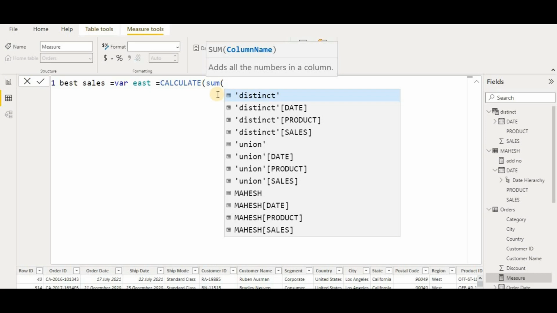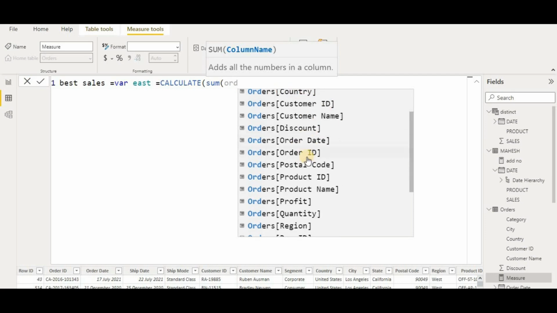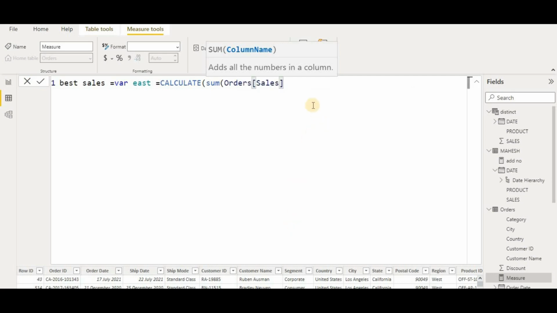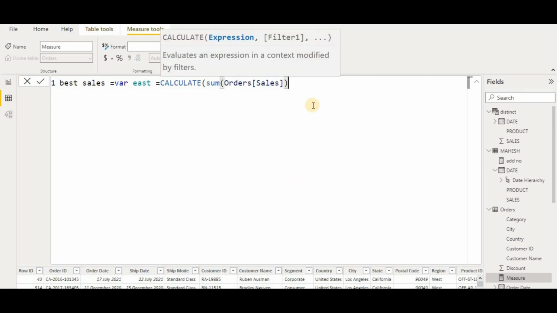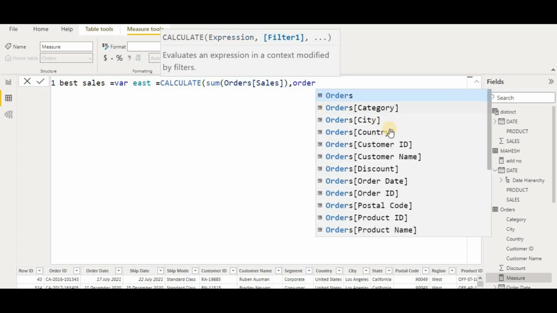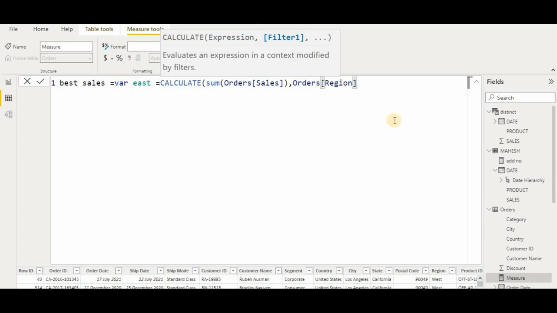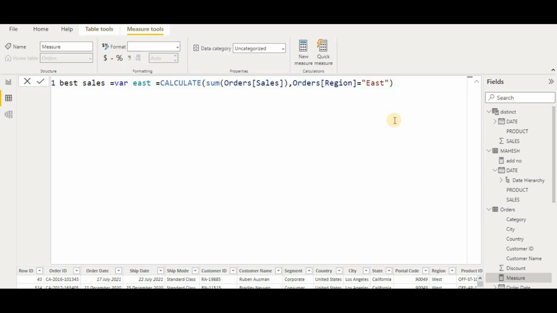I give the name of my table column, like one of these is your total sales here. So I will just find order sales here. So we will say that our order sales is from our order region, because we are comparing between two regions. So first thing is if it is equal to, I will give it the name east, and then I will close this, and then I will define another variable which is west,